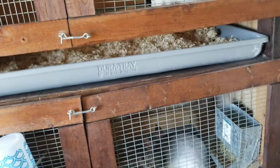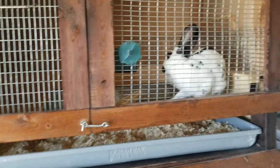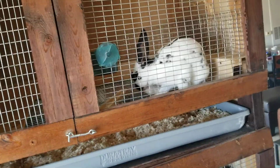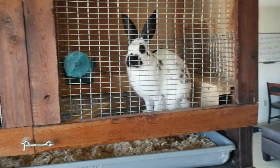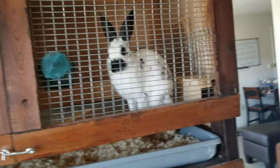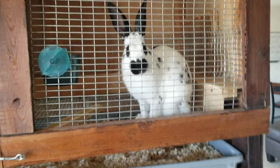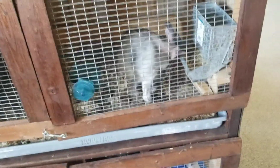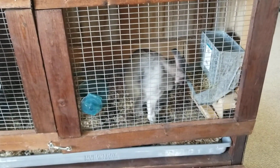Which, yes, the kitty litter would make it to where I wouldn't have to change it every other day. For him, it also depends on the breed how often you change it. Him, I can get away with about every 4 days because he is a medium to smaller sized breed. I know he looks really big, but he's an English spot, so he's more lengthy and long than he is big. Now, Stormy down here, he's a satin, so he is considered a large breed, and I would actually consider him